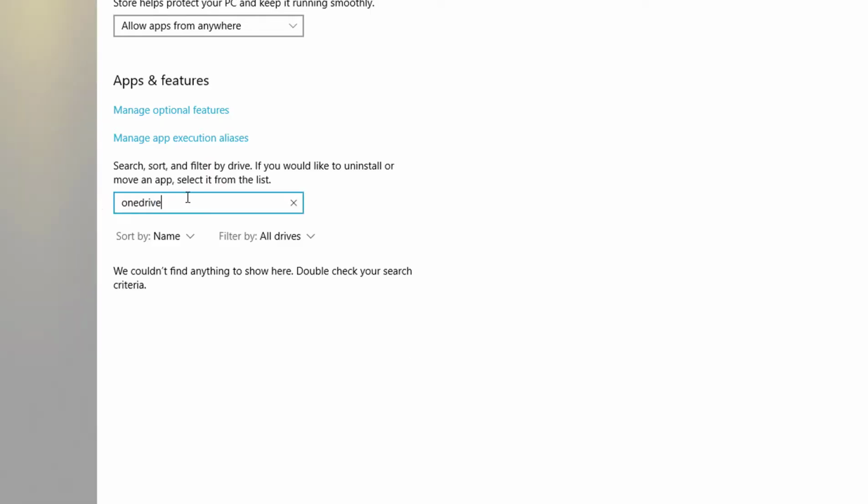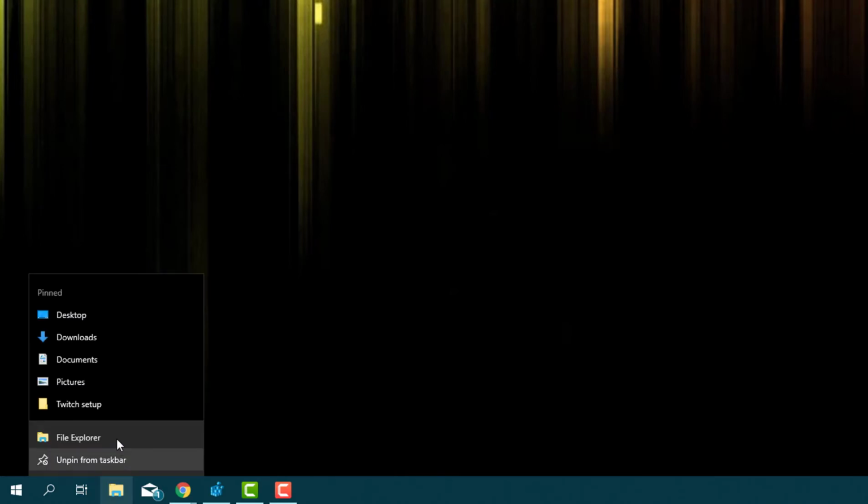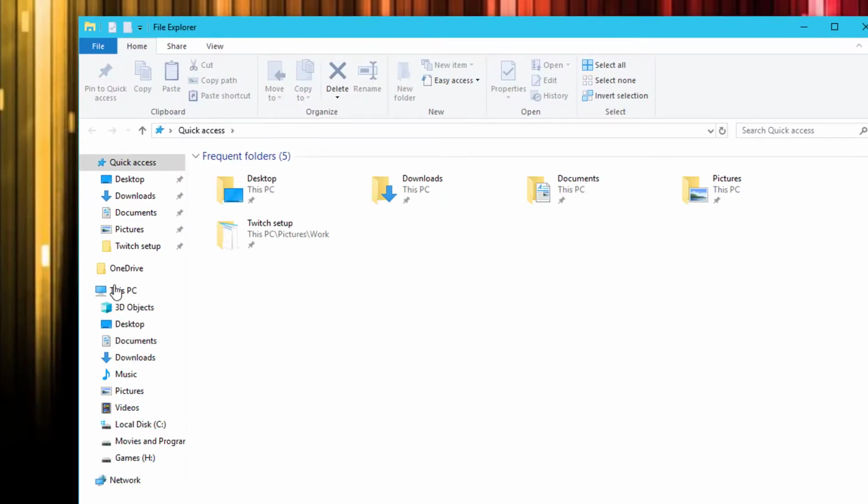So I've recently uninstalled OneDrive from my computer. You can see this by going into Add or Remove Programs, and you can delete it yourself if you find it annoying. However, whenever I open up my File Explorer, I still have the OneDrive in the